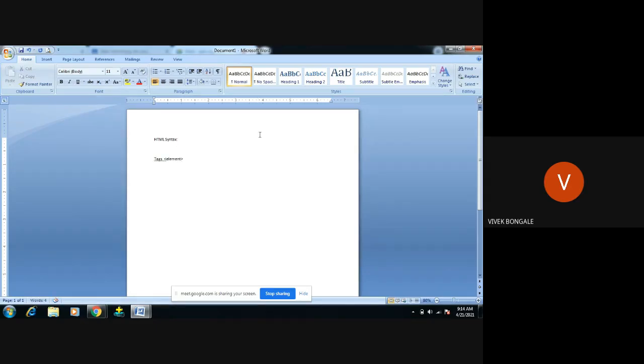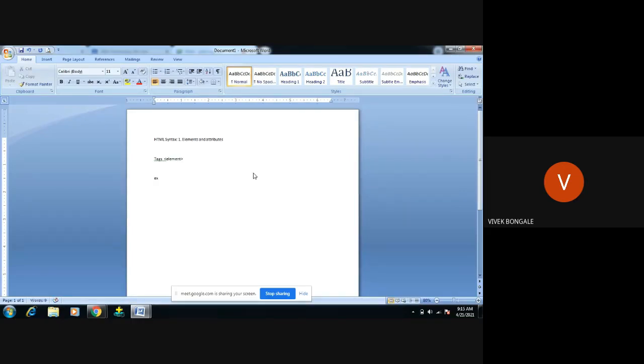Actually, in HTML syntax, the basic one starts with elements and attributes. So what does element mean? HTML code is always in the form of tags. We use the tags to form a document, which is displayed with the help of a browser. Those tags are paired between two angular brackets, and whatever text we place in between the angular brackets, we say it is an element.